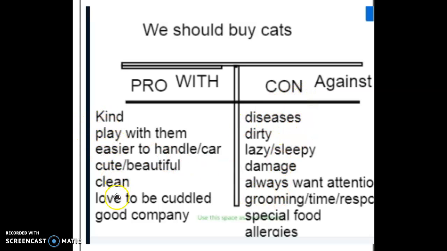It should be very fast, less than a minute. Just quickly get all your ideas out, as many as you can. What are arguments why people should not buy cats? Because they could have diseases, they could be dirty, they could be lazy,